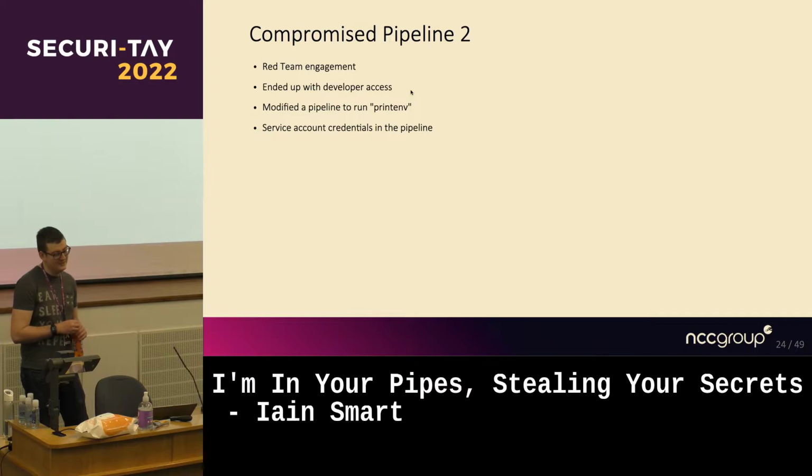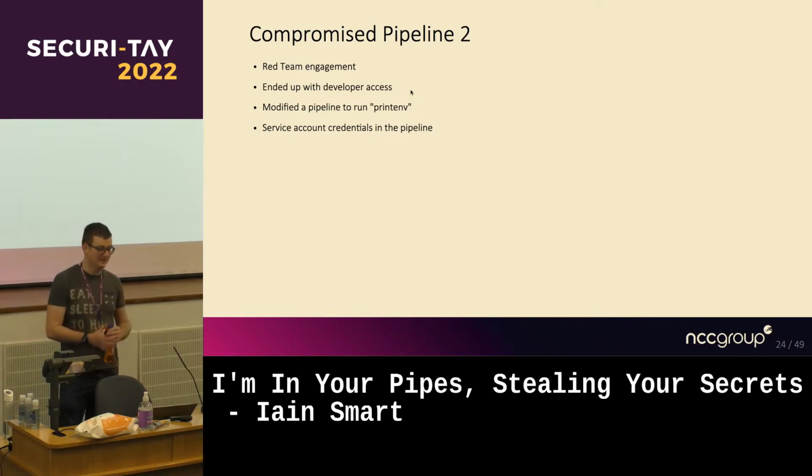So we thought the odds of this being useful are maybe not amazing, but hopefully we'll get something. So anyway, modify the pipeline, take the first job. We found one that hadn't been run for a few days. Went, that looks about right. We'll modify this, make it just run printenv. So all we're doing is listing out the environment variables. And as it happens, there were credentials for an Active Directory service account.